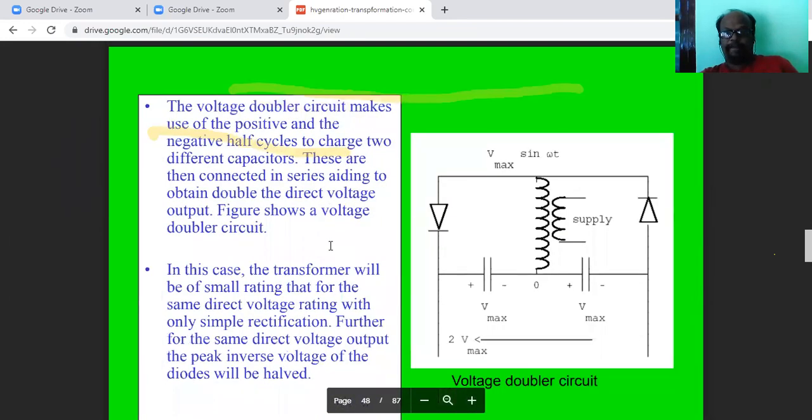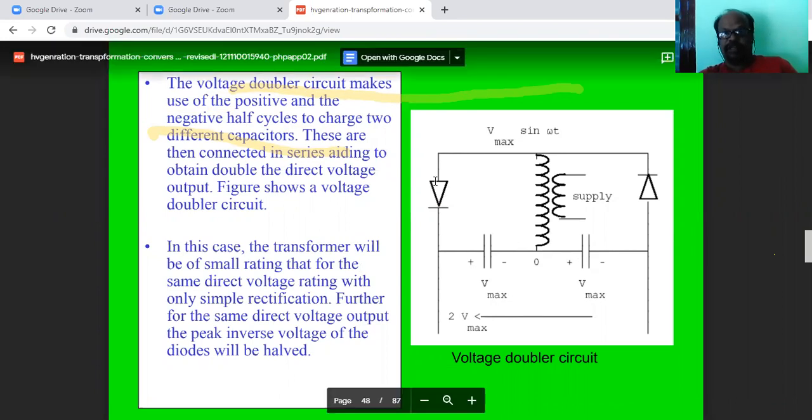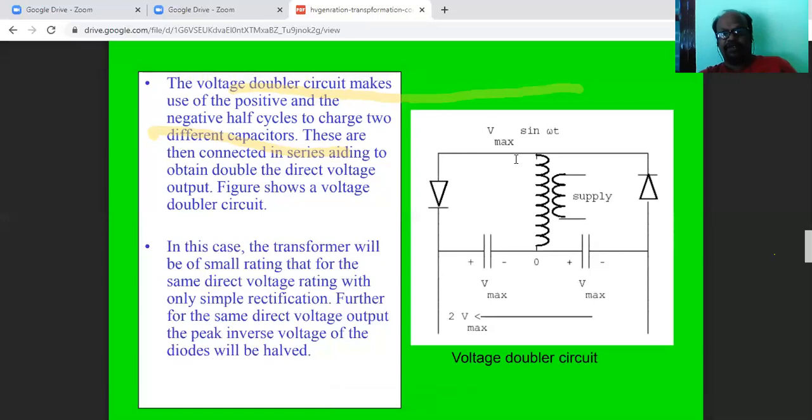So obviously, when you want to double the voltage, suppose I'm producing some voltage and I want to double it. Here the voltage doubler circuit is there, with two different voltages. By using a particular inverter arrangement, I can invert to AC. That inverted AC can be given, so whatever AC supply is given, I can step up the voltage. After stepping up the voltage, I make it a DC.